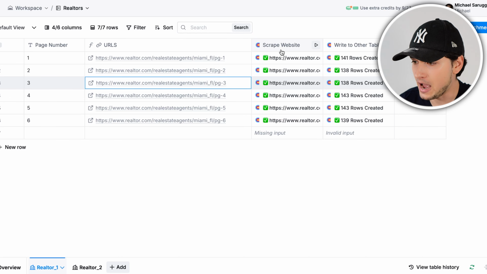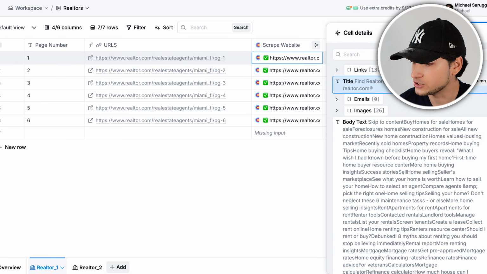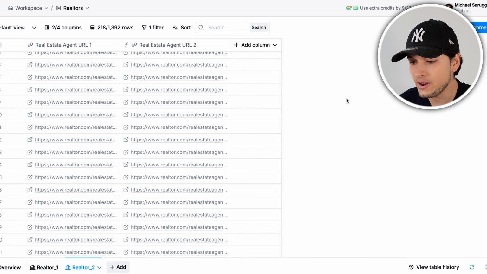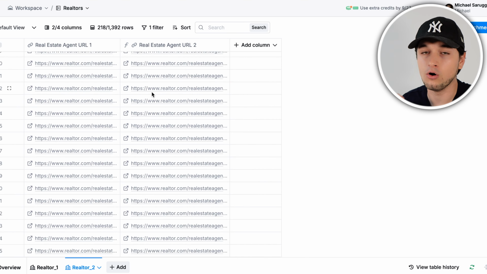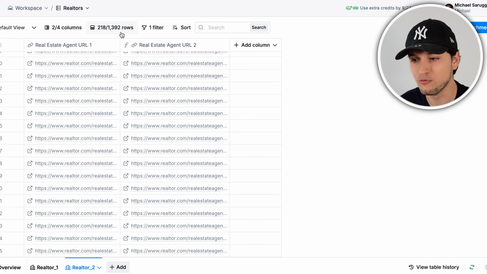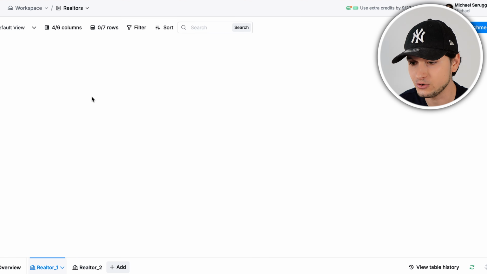And from there, I put all the results in another table where I actually have all the real estate agents of Miami, of Manhattan, of any kind of city in the United States. And with just a couple of pages, as you can see, I just have 1,000 results, and it was really a couple of clicks. If I continue just adding pages, I would have like 10,000, even 100,000 different results